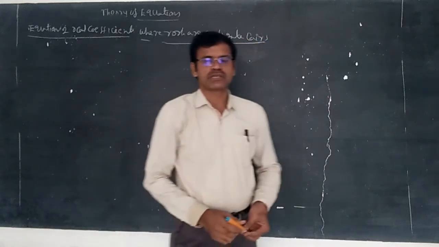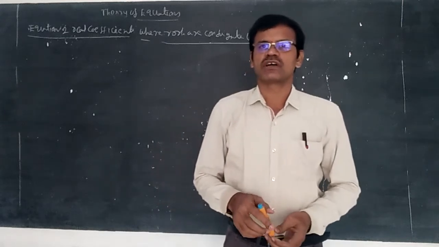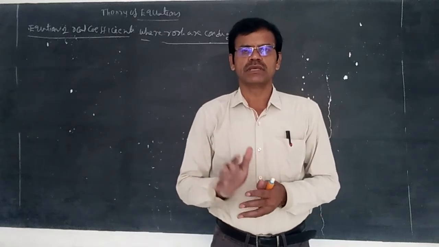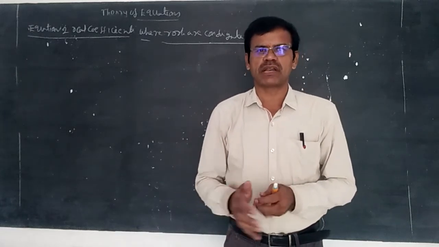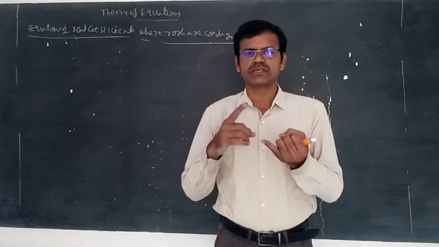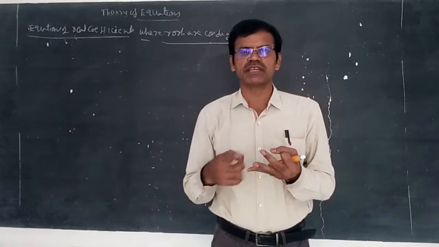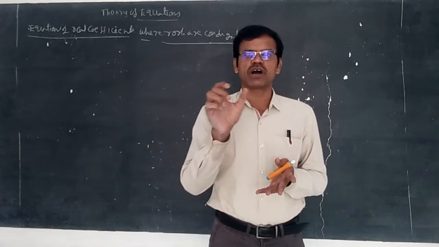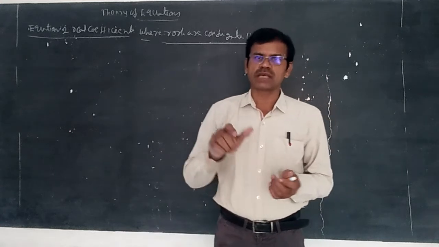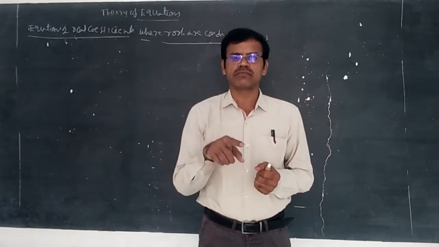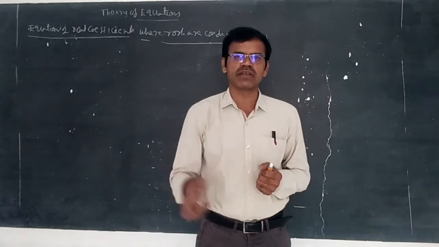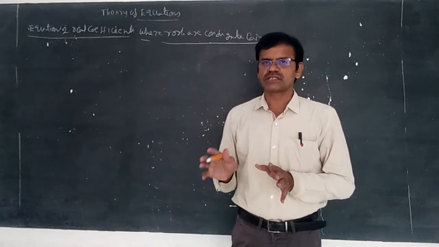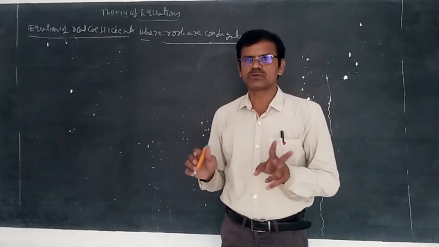Roots are conjugate pairs. Here I am going to discuss with you that the conjugate pairs means if a plus root b is a root of a biquadratic equation, then a minus root b, minus a plus root b, minus a minus root b are also roots of the biquadratic equation. Means conjugate sides. If a plus ib is a root, then a minus ib, minus a plus ib, minus a minus ib are also roots of the biquadratic equation. Simply that is the formula. The exercise 4c depends upon only these two formulae.